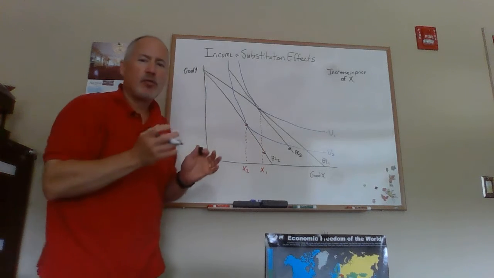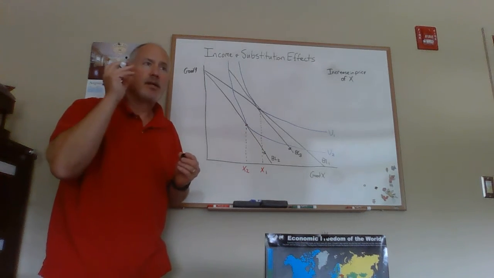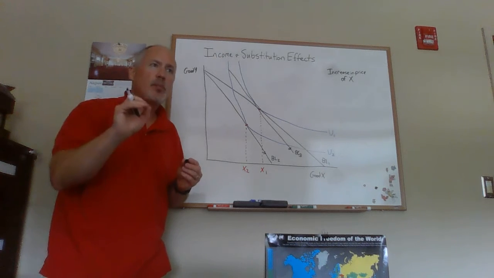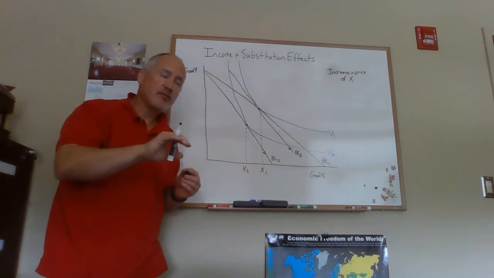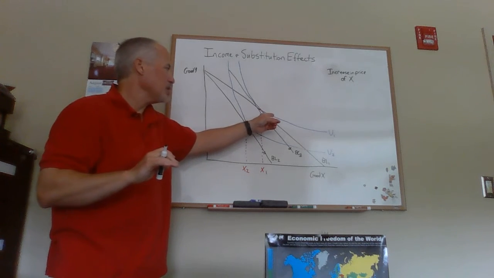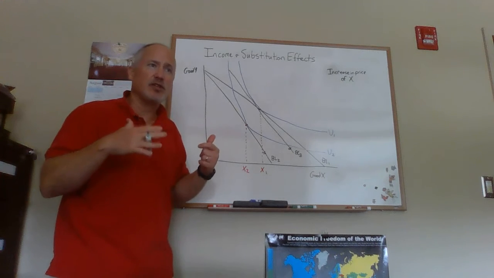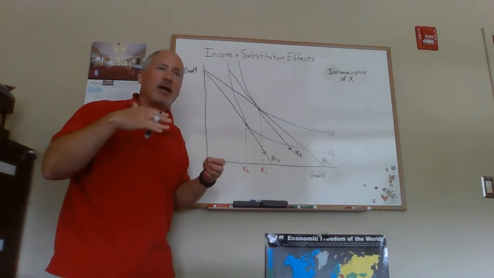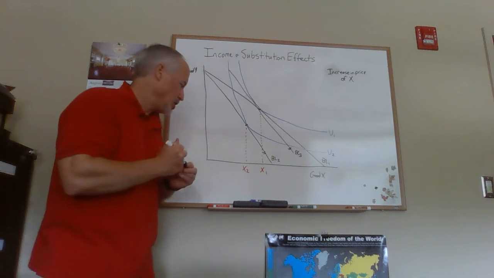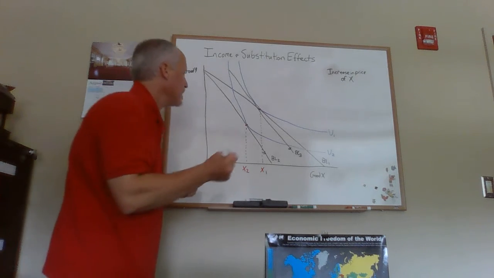And remember, BL3, the budget line you're drawing in here, has the same slope as the budget line after the price change, but it's going to put the consumer on the same level of utility that they had on the indifference curve when they were maximizing utility prior to the price change. So that's the way, sort of graphically, to break down